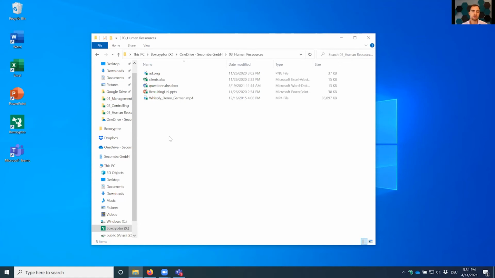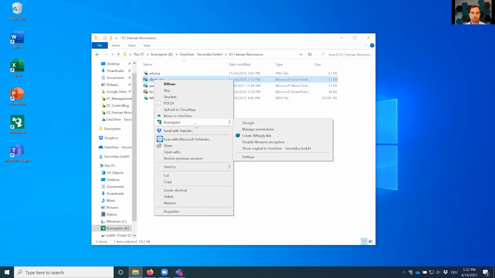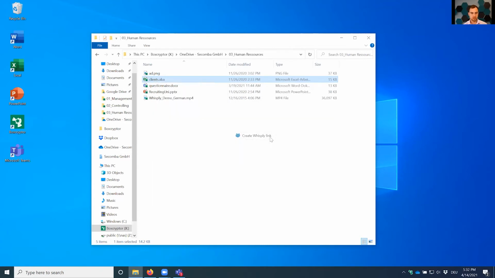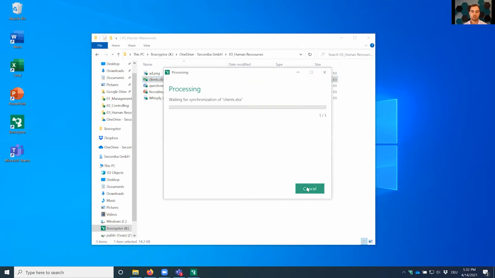And if you want to work with somebody on files, of course, my recommendation is that he has Boxcryptor, just very convenient to work within the desktop. However, if you just want to share a sensitive file, an encrypted file, Whispery is the way to go. Whispery is integrated into Boxcryptor. So let's just take that file here, right-click Boxcryptor, and you see the create Whispery link. And Whispery offers you the same encryption as Boxcryptor,